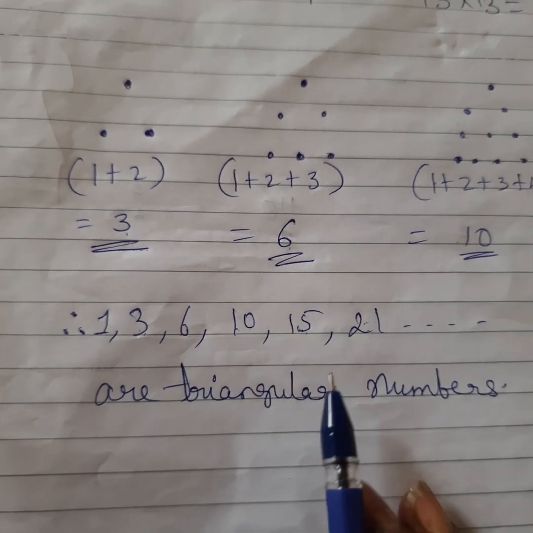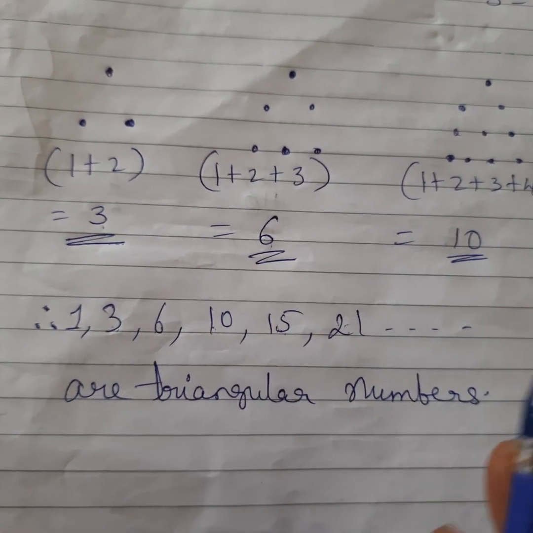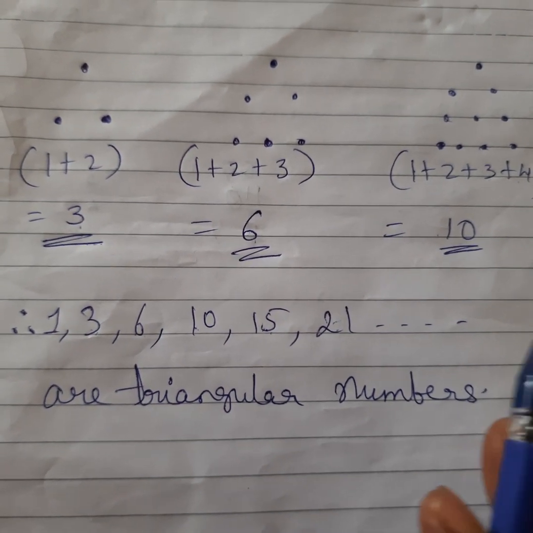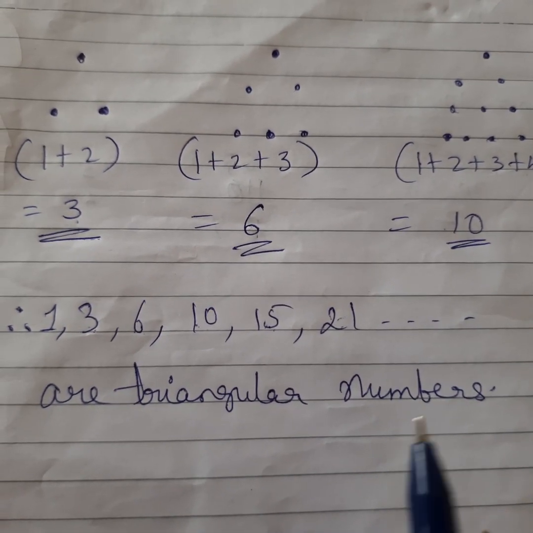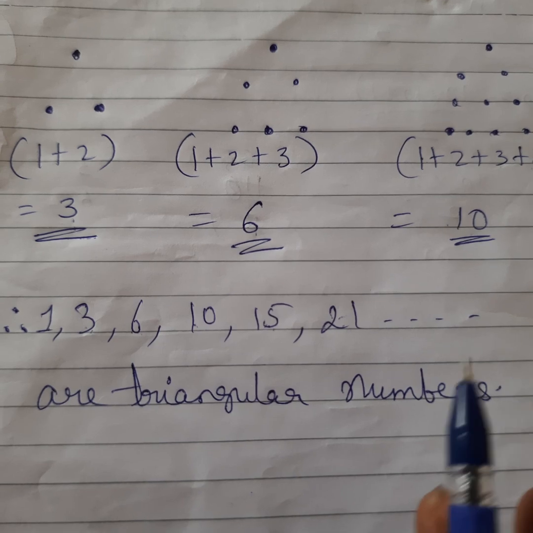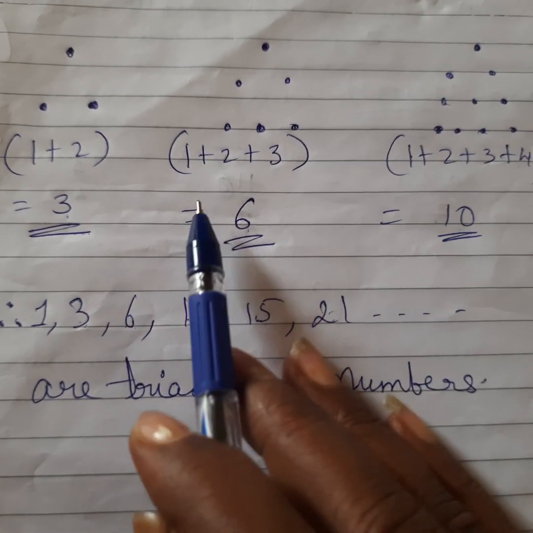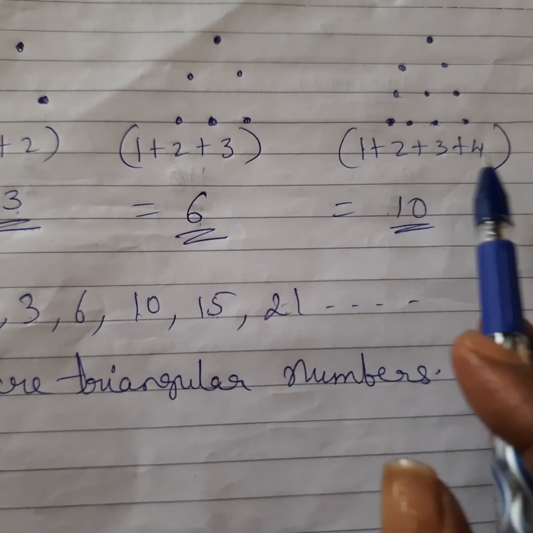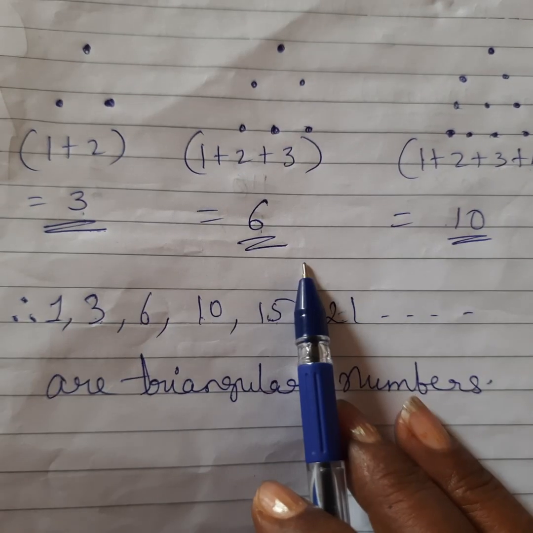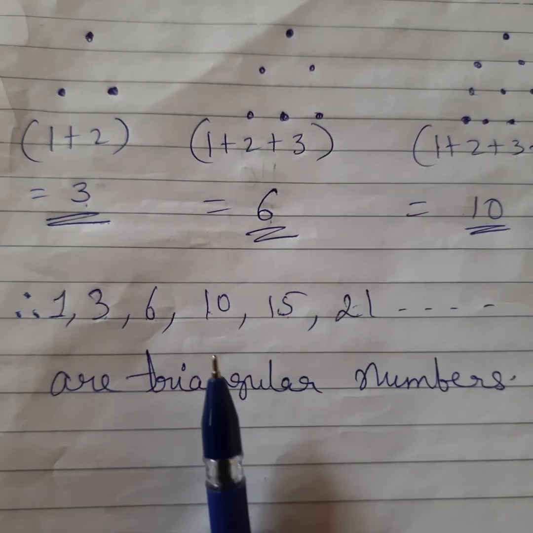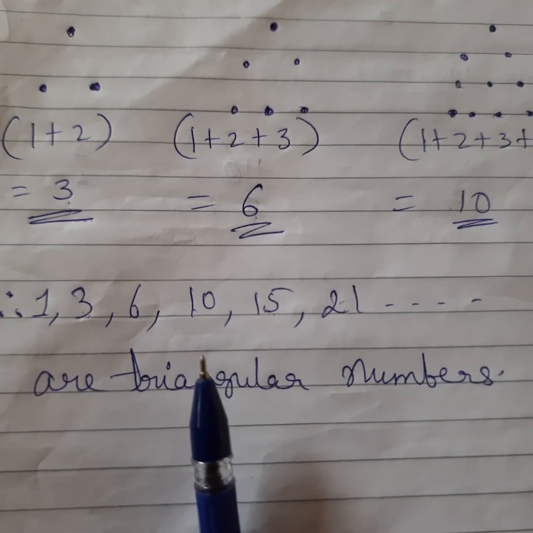But this is very, very big. When it comes to bigger numbers, for example, if you want to know the 10th or 40th triangular number, it becomes very, very taxing to count so many numbers, correct? So then we have one formula, children, for that. But before that, I'll just try to show you some pictures which will make it very much clear.